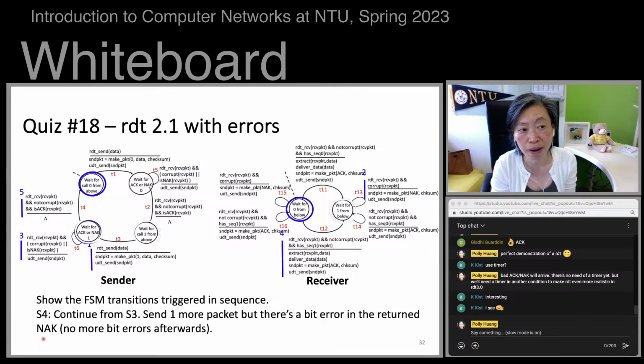Next week, we'll talk about RDT 2.2. 2.2, however, is actually isomorphic to 2.1. It's just a little bit more compact, in the finite state machine and the data representation. And then RDT 3.0 is the version to address the case of packet loss. So today, we just talk about handling bit errors in a packet. Next week, we talk about the packet being lost, dropped